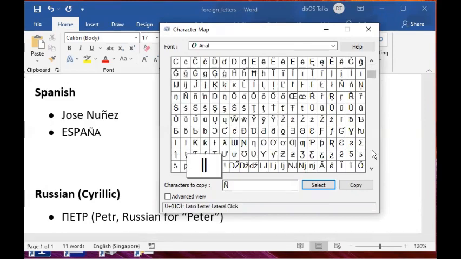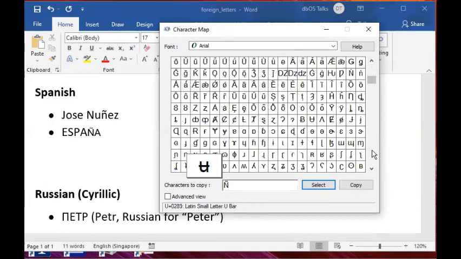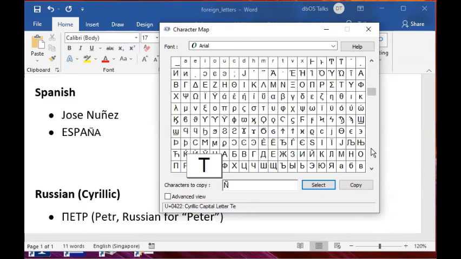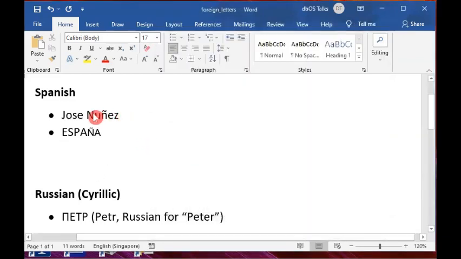Okay, I mean, letter or character. So if you scroll down, you will see a lot. This could be Armenian, if I'm not wrong. Further down is Russian or Cyrillic. Okay, so talking about Russian, here we have some examples, Jose Nunez, wherein